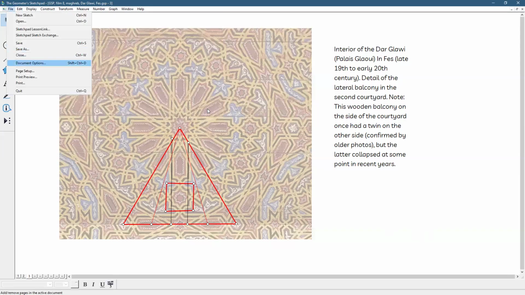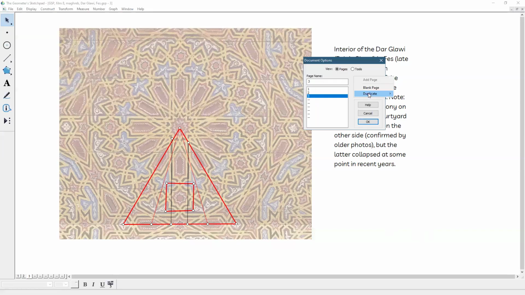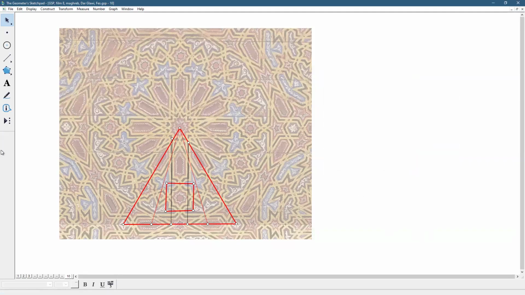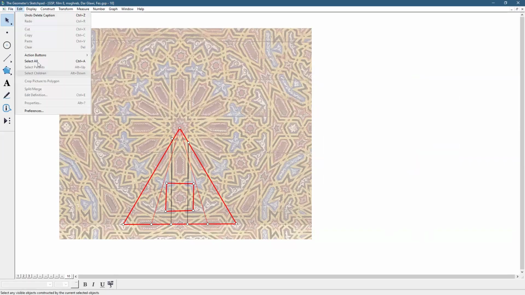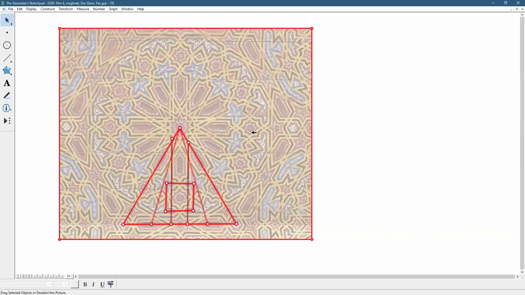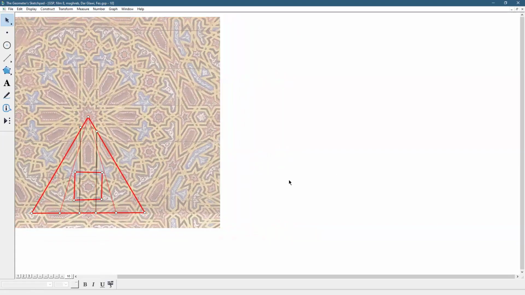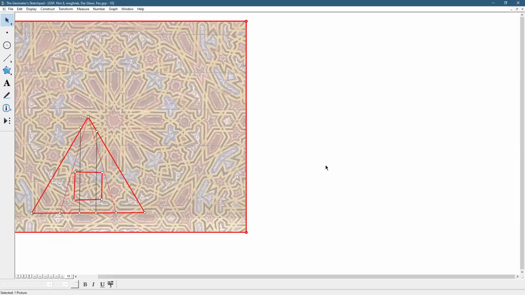So document options, add, duplicate page 3. This way we will keep our comments here. Now select everything, edit, select all, move it to the left. I need space, so I just have to move it out. If I select everything, then I move everything without any problem. If I try to do it one by one, then of course my drawing will lose the